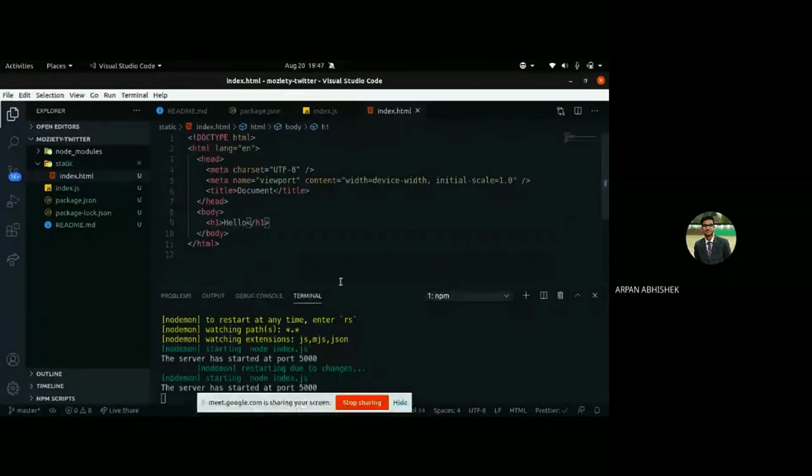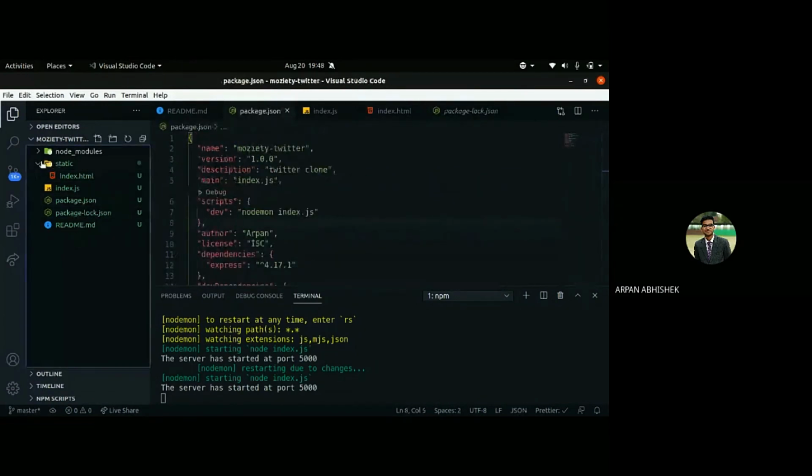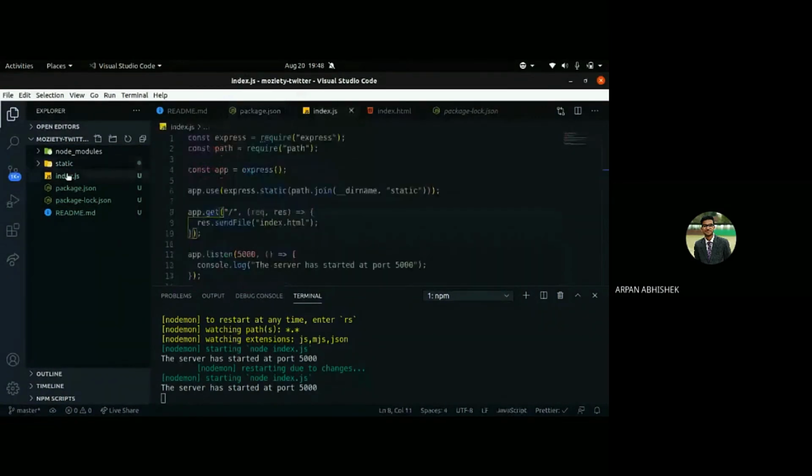Okay, so you got what Node is, right? Yes. Node enables us to run JavaScript on a machine like a server. What Express does is, it's a little tough to create servers and handle middlewares in Node.